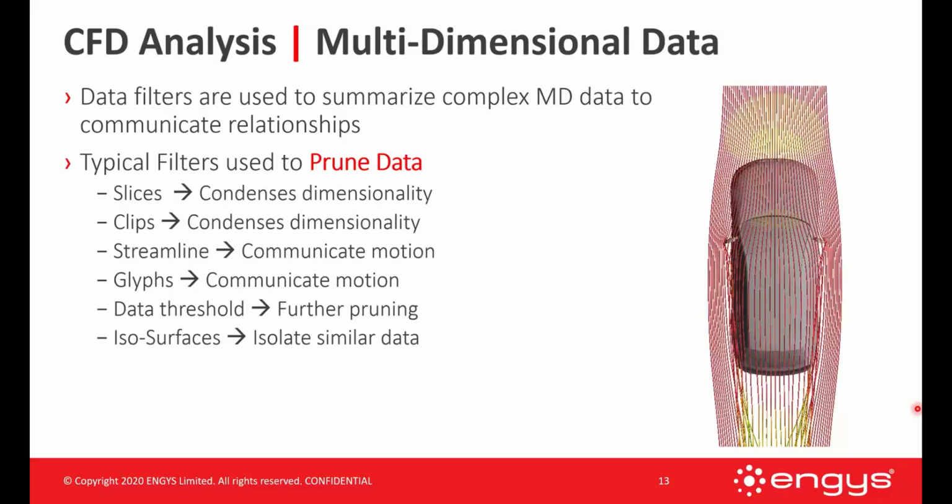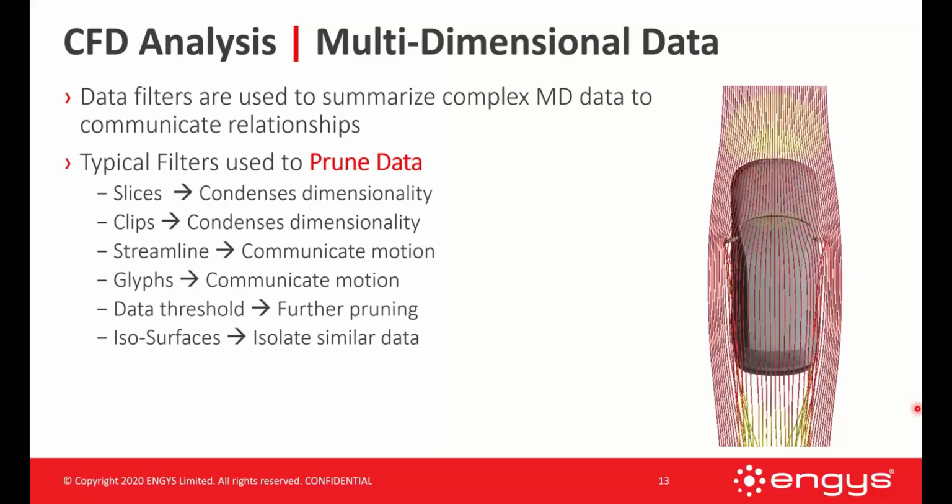So it takes this very complex 3D data and lets us peer into something of lower dimensionality. Streamlines really communicate motion. That's really the purpose of it. If I place something here, it's able to show us exactly how that flow would react if we release some sort of tracer at a certain point. Glyphs also communicate motion. I personally like streamlines better than glyphs just because they help connect a starting point to an endpoint much more